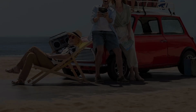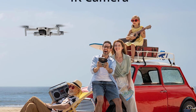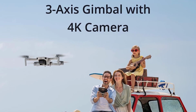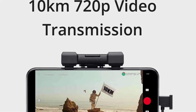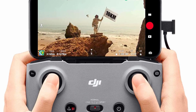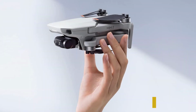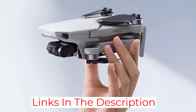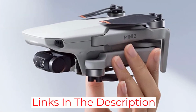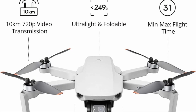And though its automated controls aren't as robust as those found on more expensive drones, there is no auto-tracking feature on the Mini. It does come equipped with a collision avoidance system that assists the operator in keeping the drone out of harm's way. The Mini 2 also includes a cool Find My Drone feature that will give you the last known coordinates of the drone's location, which you can track on your smartphone. If the Mini 2 still has power, it will even flash its lights and sound an alarm,